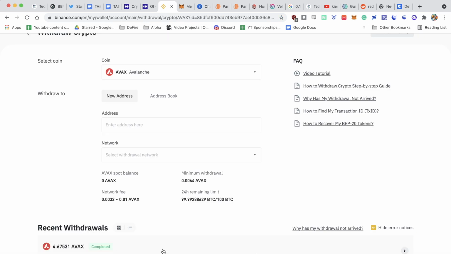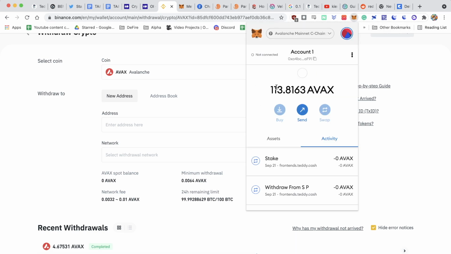4.67 AVAX withdrawal has been completed. So I can just open up my Metamask and I will see the newly added tokens. I already had 109 tokens on my address. So the next thing that you want to do is you go to